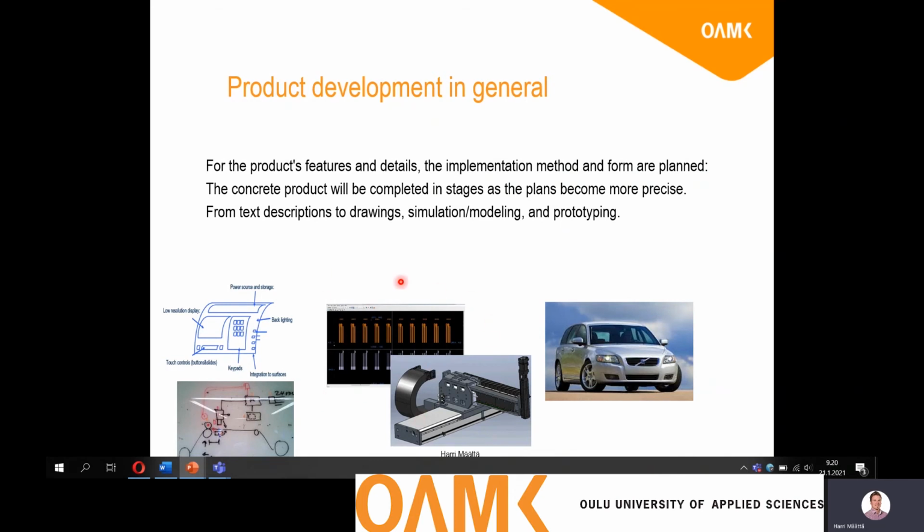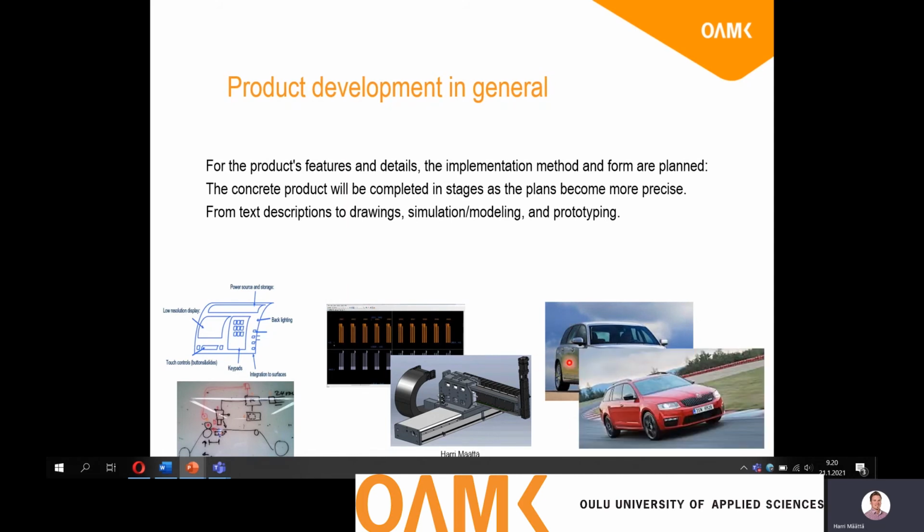There are steps, of course, depending on what type of product it is, whether it's more of an electrical product or a mechanical product or whatever. There are steps during that process where different kinds of tools are needed. And after all these stages, you might end up with the product. And sometimes you kind of fail, as you can see here in this image,